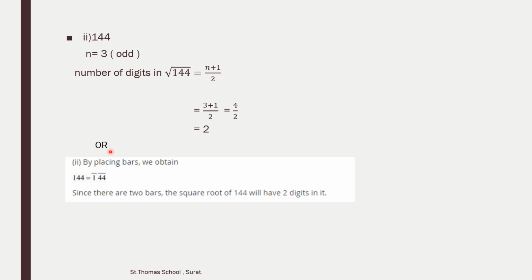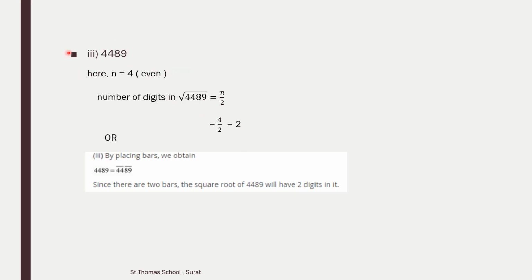Or you can use the method of placing bars, we obtain 144. So 1, 2, put a bar, then 1. Okay, so how many bars here? 2 bars. Since there are 2 bars, the square root of 144 will have 2 digits in it. Now the third one,